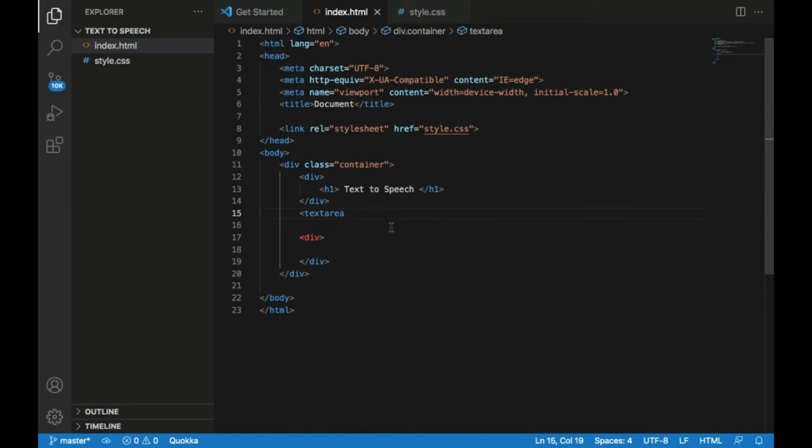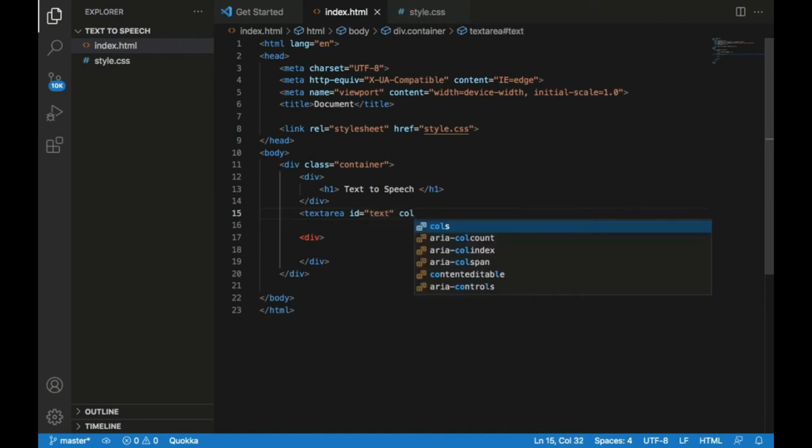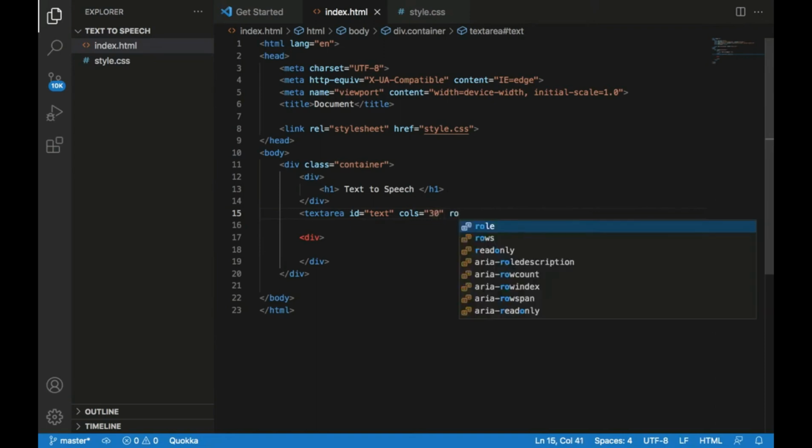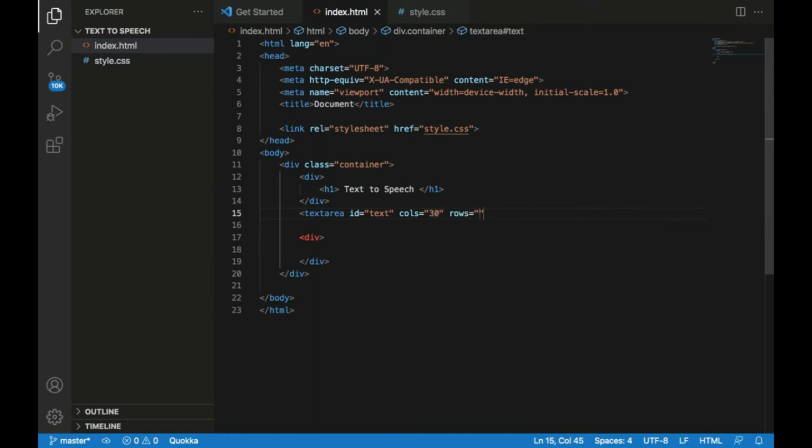We'll give it an ID of text. Let the columns be 30, and the rows will be something like 15. This is the text area,